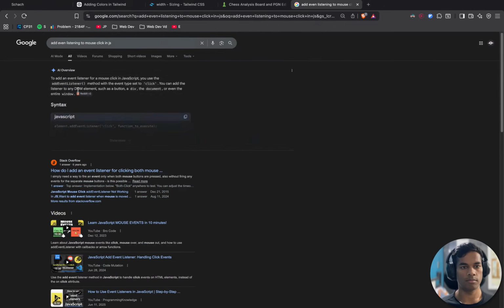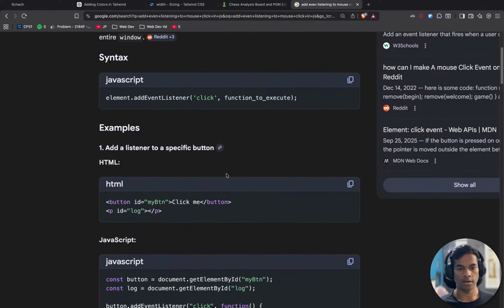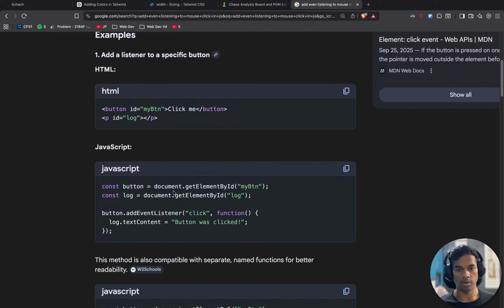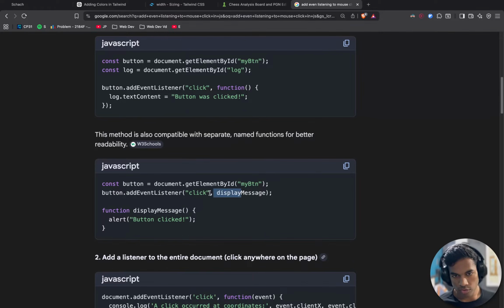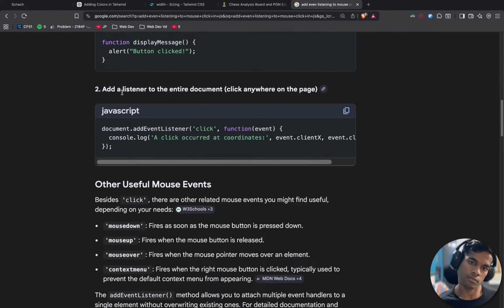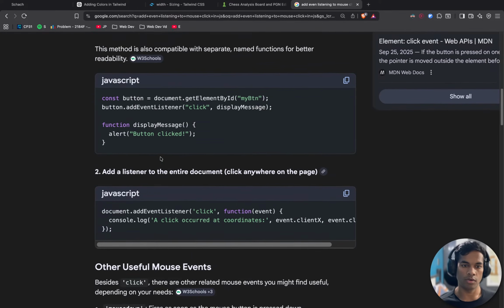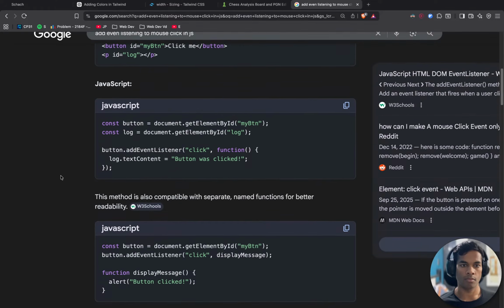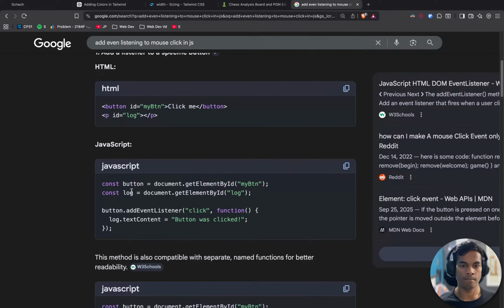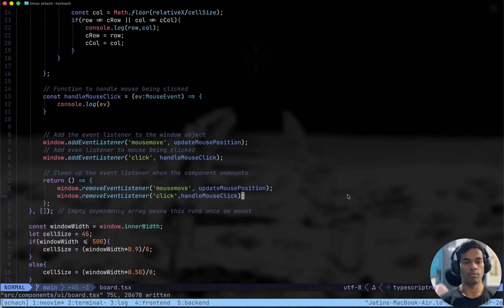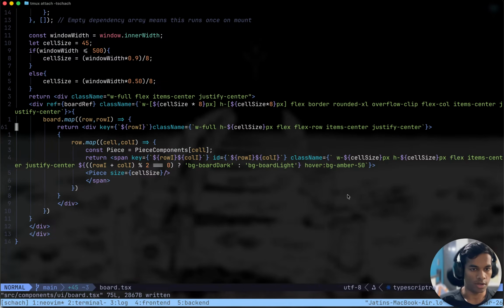Mouse clicking, event listener, click, yes, button was clicked, but which displays a message to the entire document? Okay, that makes more sense. We can add this event listener not to the whole window, but specifically to this board component, which is cool. Yes, that is what we want, to the board component.